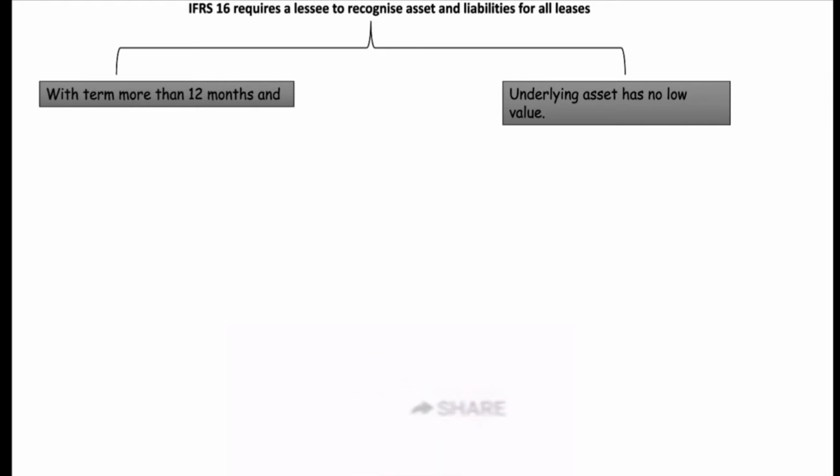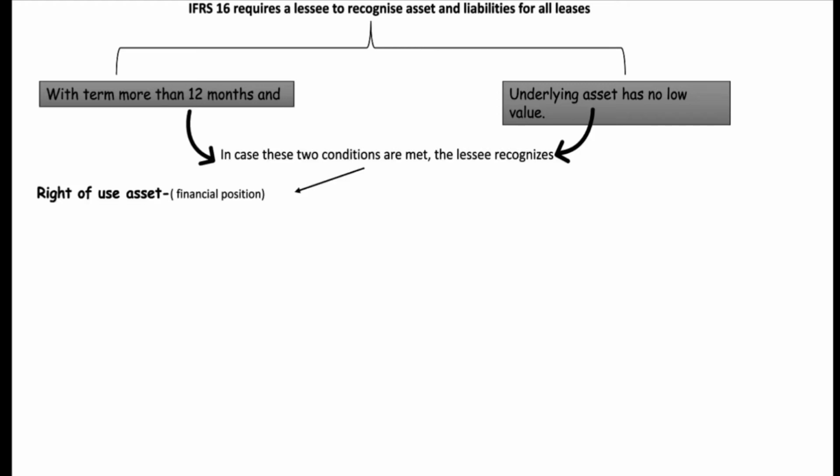The lessee should recognize lease liabilities and right of use assets if and only if they have a lease contract that lasts more than 12 months and the underlying asset is not classified as low value. If these two conditions are met, the lessee recognizes right of use assets in the statement of financial position, and as you see from here,